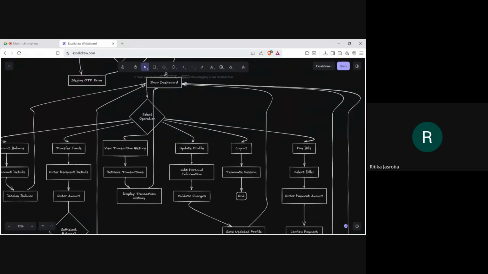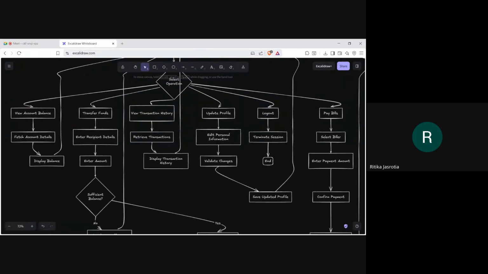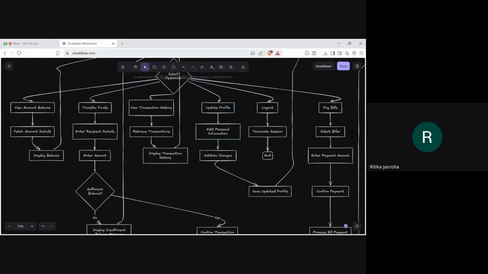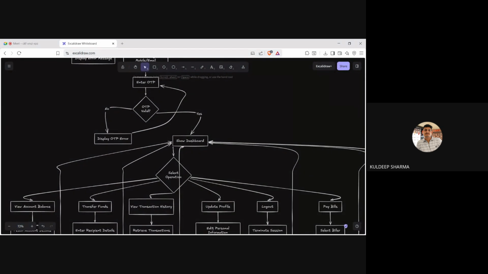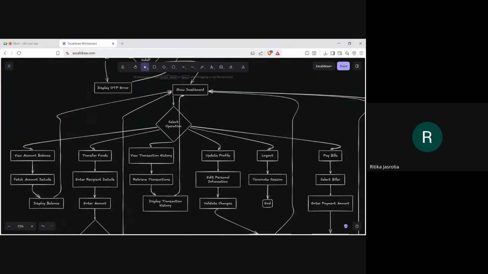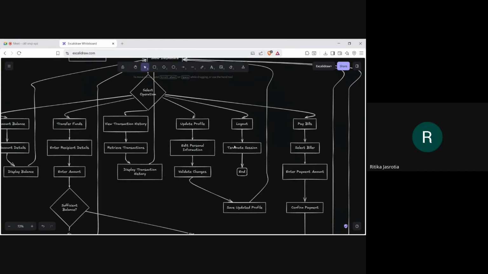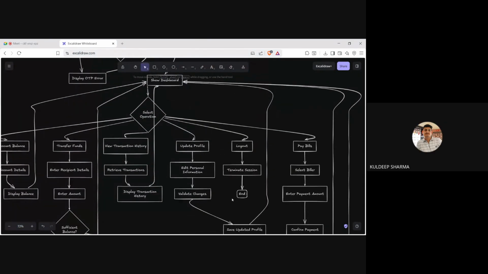Yes, this is fine. So again, end whenever you are showing end. Okay, fine. Everything is going back to the dashboard, ma'am. No problem. Just the logout is end. Other than logout, everything is going back to show dashboard.